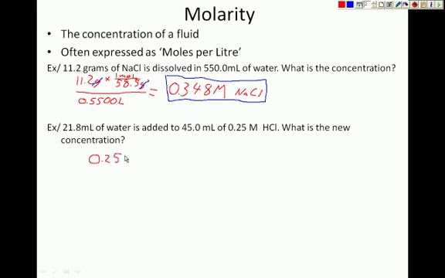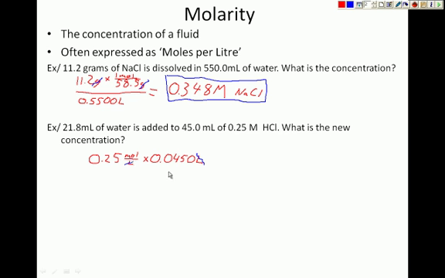0.25, and that's the other unit. Instead of having big M for molarity, we can also write moles per liter, and we're going to multiply this by the initial amount of liters that we have. In this case it's 45 milliliters, and we're just going to change that right away into liters, which happens to be 0.0450 liters. Now the unit that we have here, since liters cancels, we have